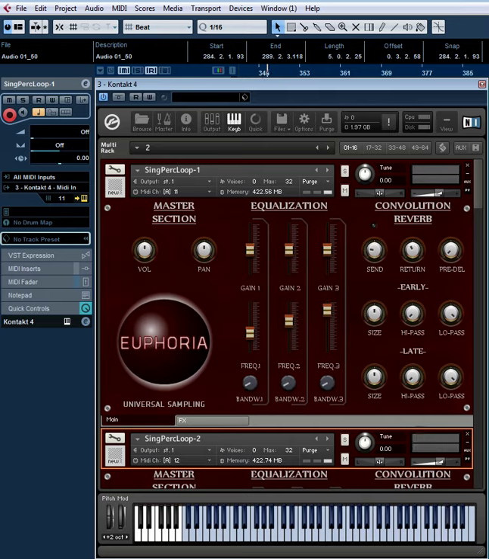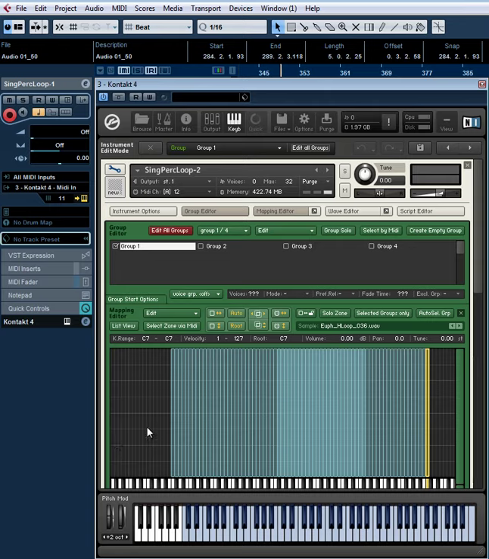So both of these instruments, single percussion loop 1 and 2, are mapped chromatically over the keyboard. They start at C1 and end at C7, and they will loop continuously until you release the key, and they will also sync to your host sequencer's tempo. All of these loops are also available as separate NKI files where you have mapped loop slices